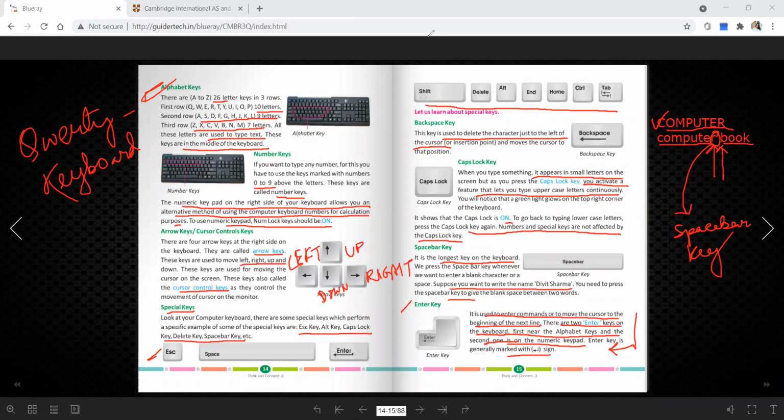Give a nice reading from your book. Meanwhile, I am going to check the attendance. Attendance I will upload, I will mark today, later, okay?